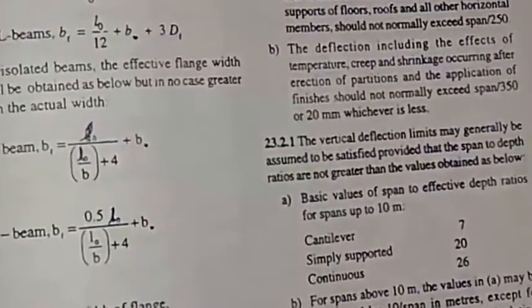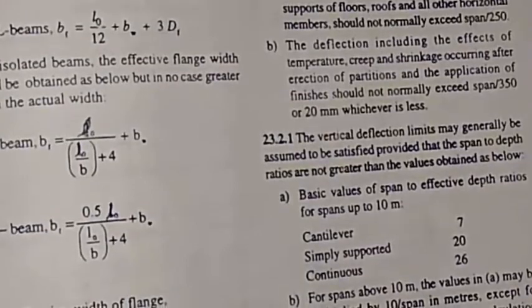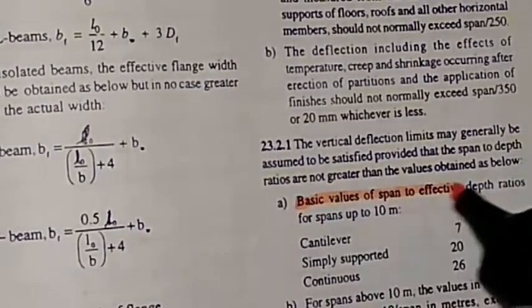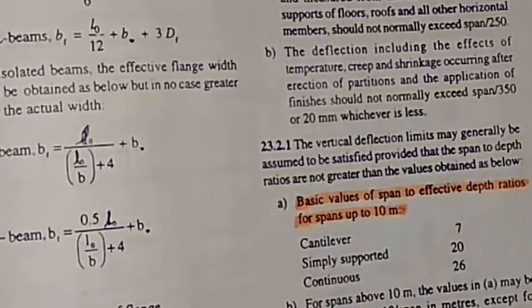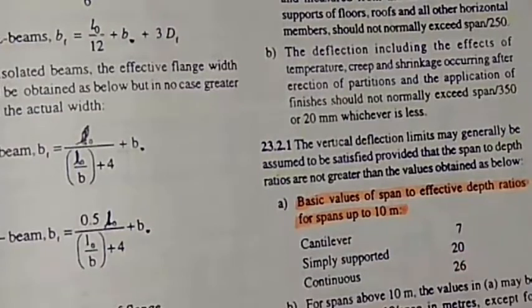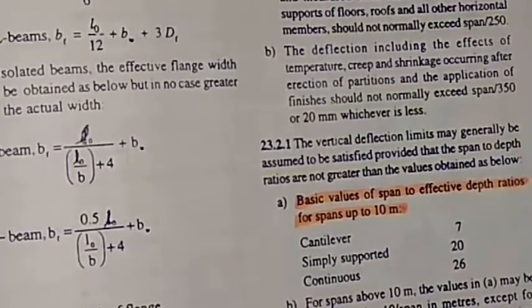So now if you just consider this clause 23.2.1, it says that the basic values of span to effective depth ratio for span up to 10 meter. So for simply supported beam it is 20, and that would be considering